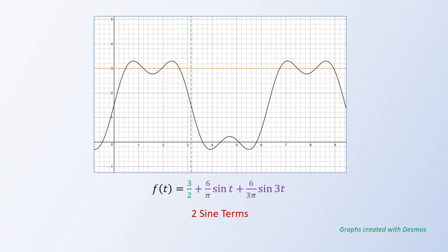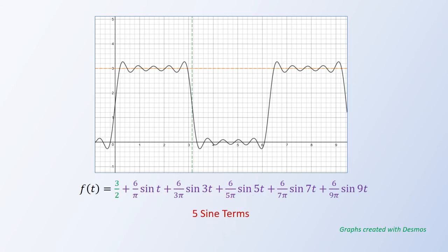Again, I'll mention Desmos, and it's a very useful website, and you can actually plug in any number of terms. They have a summation function in Desmos that allows you to graph these very easily. So let's look at